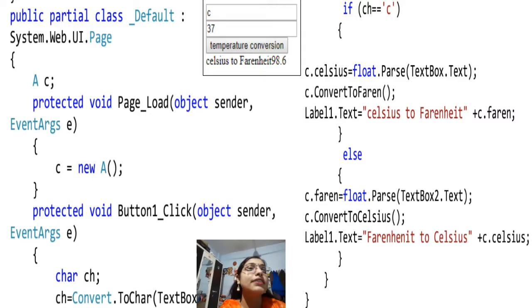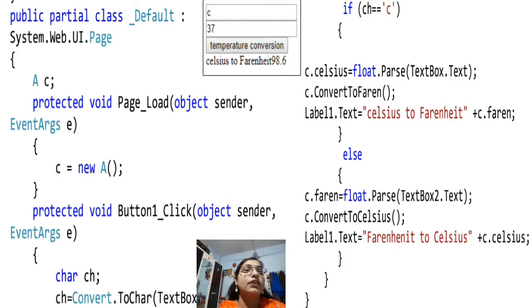And other than that, if you are entering anything, actually you should enter F only. But other than C, if you are entering any character, then it will calculate Fahrenheit only. Means Fahrenheit to Celsius conversion will be there. Okay. So in this example, that first text box value we have to take, because that is our choice variable, which we will compare or check whether it is C or not, and accordingly we have to call the respective function, convert to Fahrenheit or convert to Celsius.